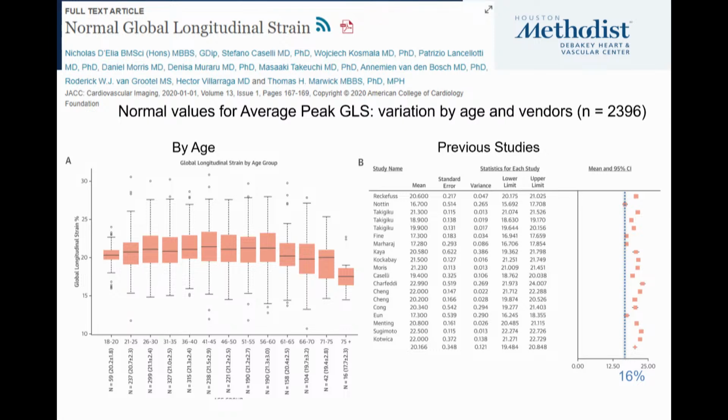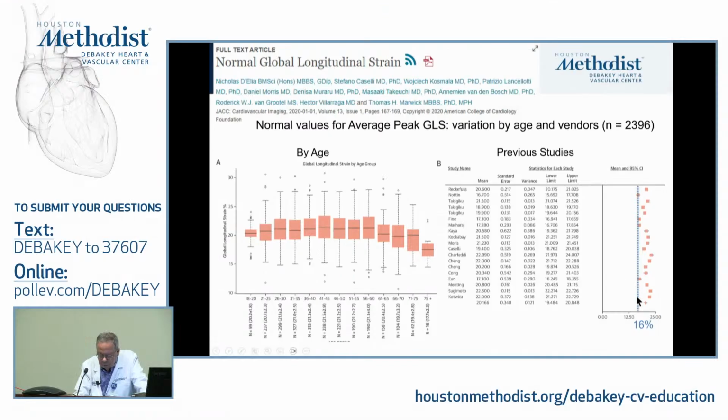So there have been all kinds of studies. This is a nice paper because it's a meta-analysis over 2,000. Here are all the authors presenting. And these are all the values presented. And I created that little line here because you can see it doesn't matter which paper you read. If you are at less than 16, clearly you belong to the wrong side of the track, okay? And an interesting finding when they did the meta-analysis, looking at age distribution, some old folks are having a little lower value than the younger people, but still